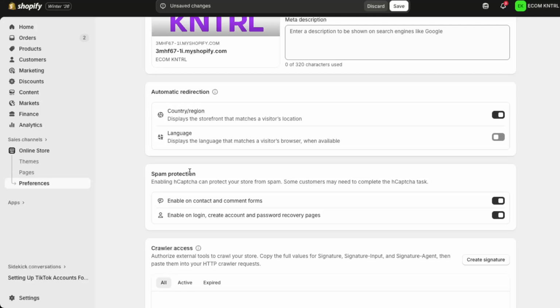Move to the top or bottom of the Preferences page and click the Save button. Give it a moment for Shopify to confirm that your settings have been updated. That's it. You've successfully enabled Google reCAPTCHA on your Shopify store using the built-in spam protection settings. This quick change can make a meaningful difference in keeping